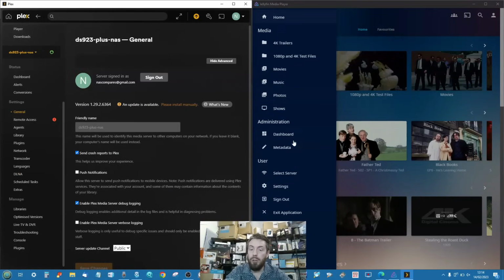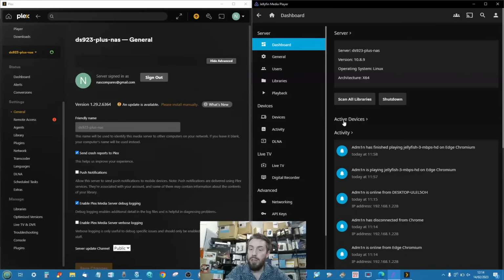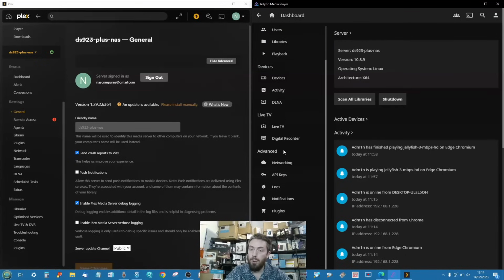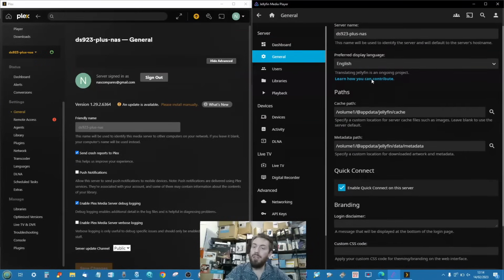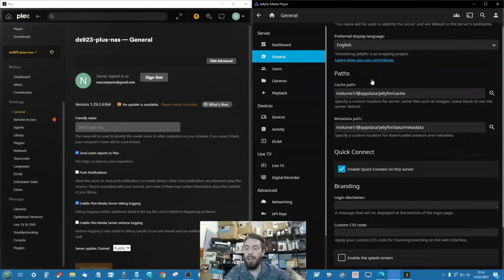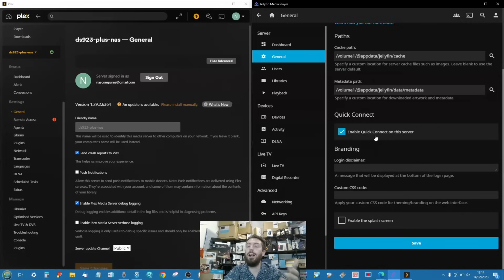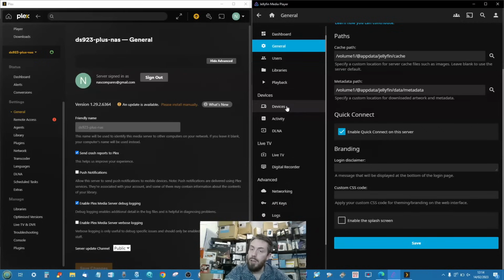Jellyfin. There are options in the dashboard center for you to run backups of your configuration, but it's not really deep. There are things you can back up. You can sort of back up some of the user account information there, as well as enable that quick connecting to access it remotely. But the level of backup services